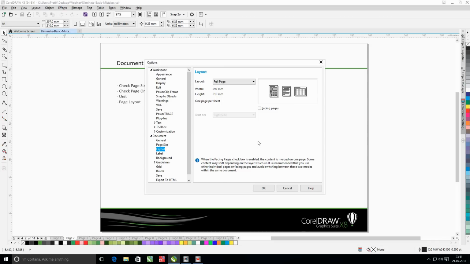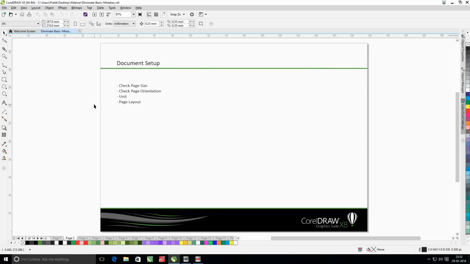It is not generally recommended that you toggle facing pages on and off while working on the same document, as Corel itself recommends in this warning text here. So you need to decide whether you want the facing pages on for the specific document or not. So that's the basic document setup you need to take care of to start with.